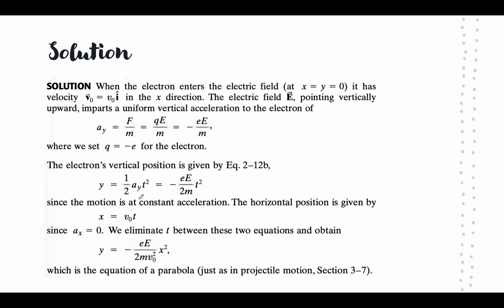Is this starting to look familiar to anybody? Right, 1/2 gt squared maybe. So since ax is 0, we can eliminate t between these two equations and obtain this. This equation is the equation of a parabola, ax squared, which is the same as projectile motion that we learned last term when we were looking at mechanics. Okay? So once again,